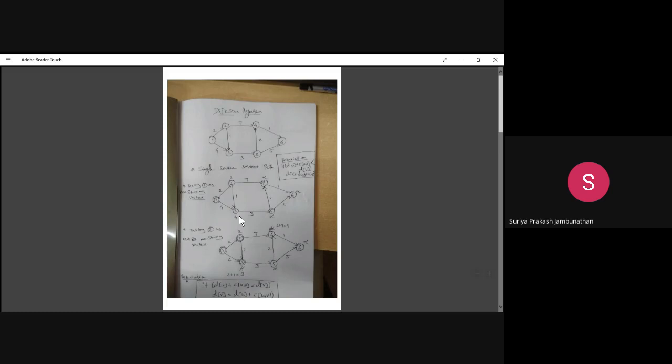Now let's see, we are considering the next node, taking 2 as the next starting vertex. So we already considered 1. Now we are moving to 2. Considering 2 as the next starting vertex, from 2 where all can we go? Can you tell me? 3 and 4, sir. Very good. So 3 and 4 we can go.